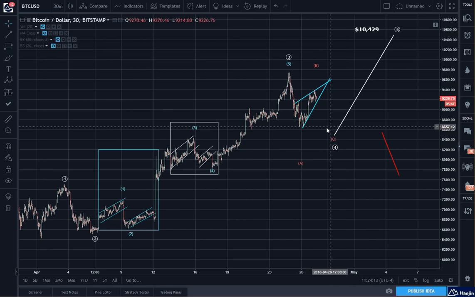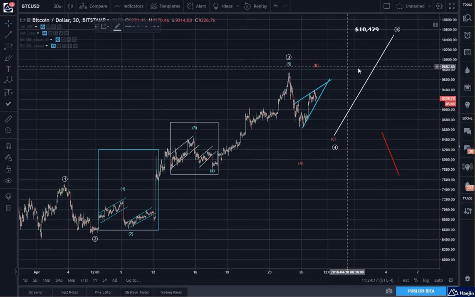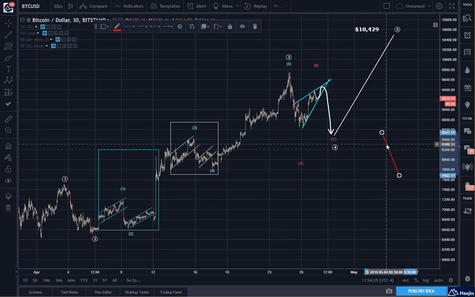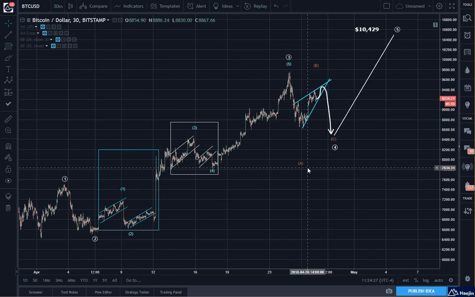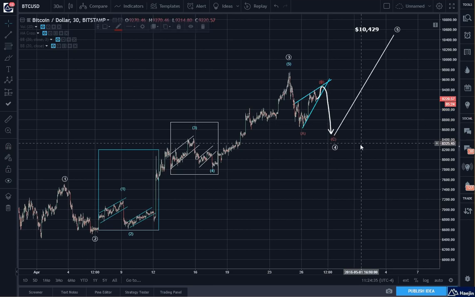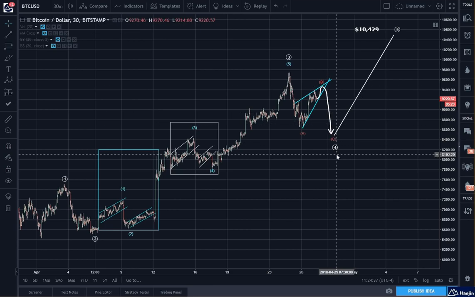So I think we may get a scenario that might look like this. So that'll be the A, B, maybe one more high to as high as 94.50 or so, and then we'll put in a C wave down.